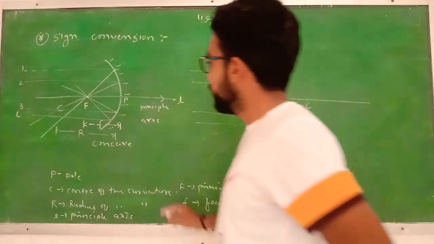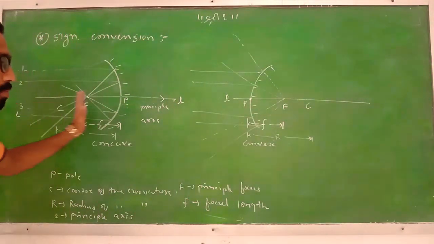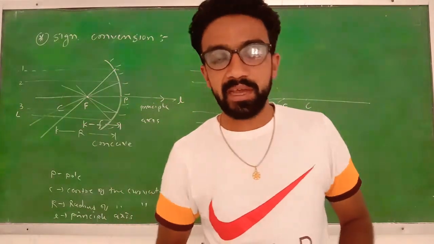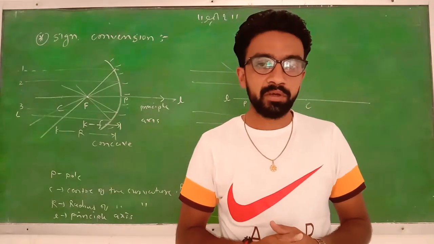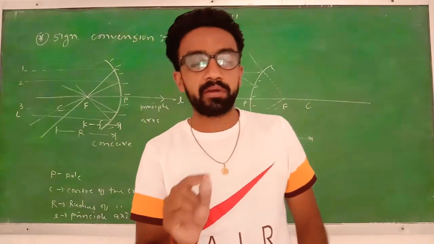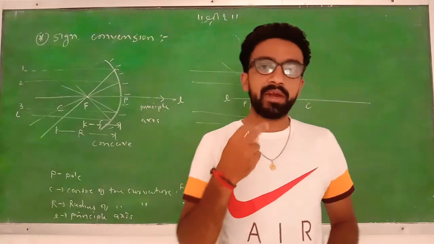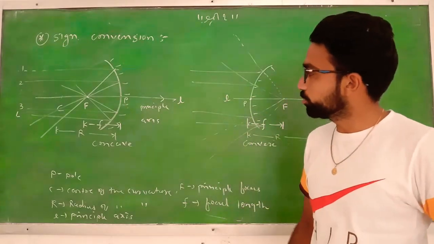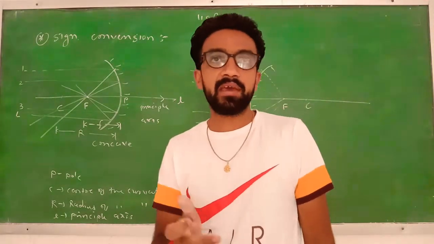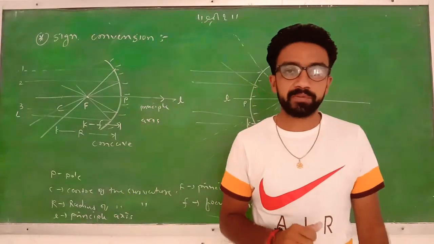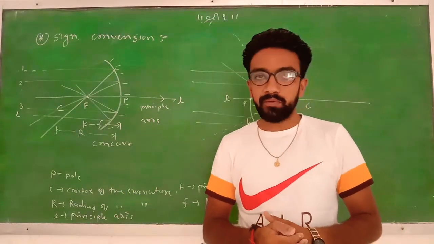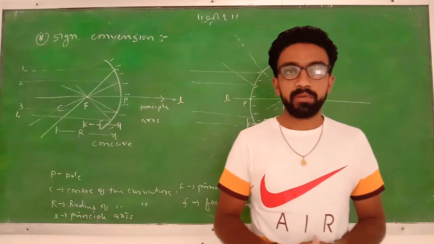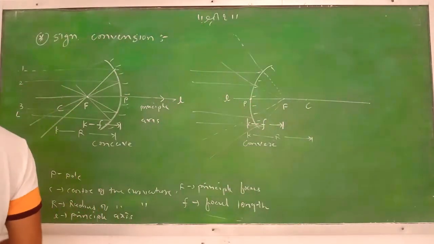One more thing is that suppose we have placed an object on the principal axis and we want to find out the image position. So now the question is how we can find out the position of the image. The intersecting point of the two reflected rays gives the position of the image of the object. So first of all you must know the ray diagram for concave and convex mirrors. From that we conclude the position of the image. Image can be formed at the same point of the principal axis.